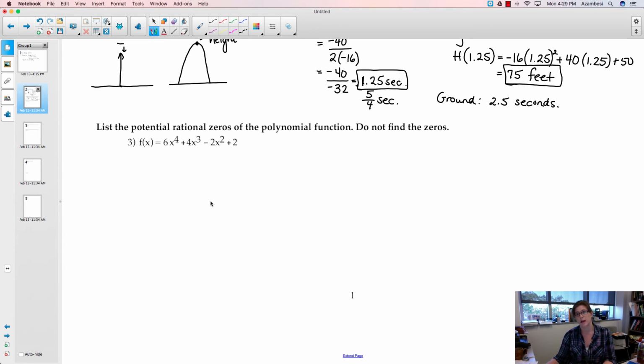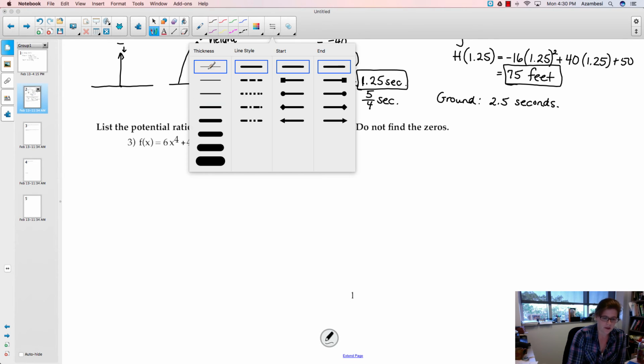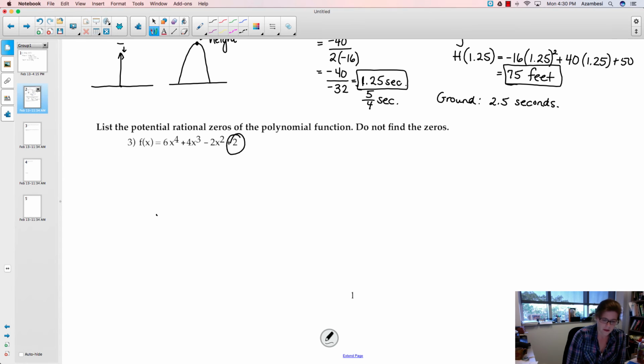After quadratics, we have higher order polynomials. So you're going to have to find some zeros of some polynomials and list out some possible rational zeros. So remember, when you're listing possible rational zeros, this number here goes on the top, or factors of it. This one goes on the bottom. So possible zeros for this one,